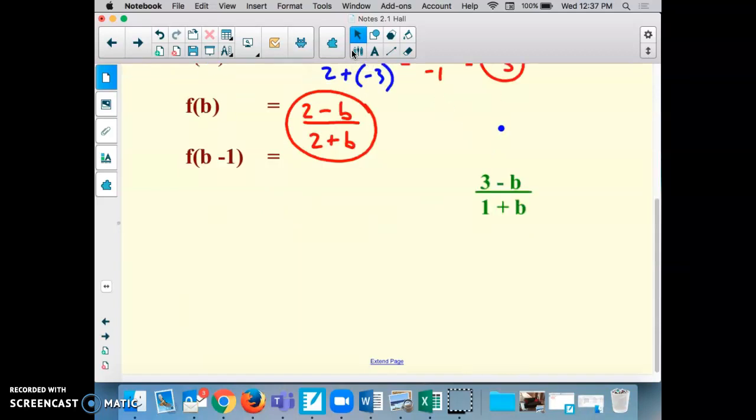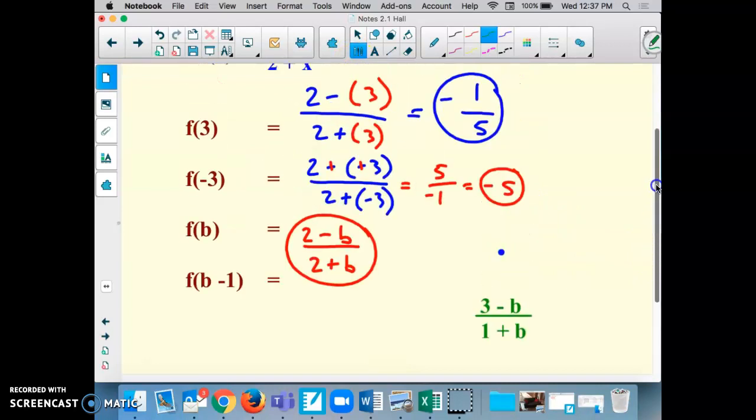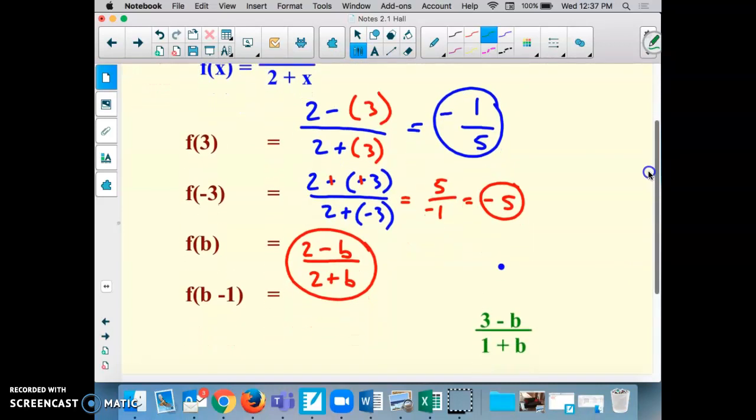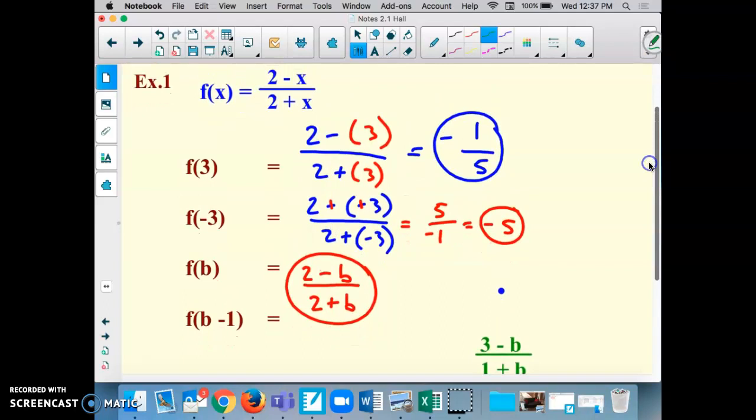And let's see if we get the right answer for that. Okay, so for the last one, we're going to plug in b minus 1. We're going to see if we get 3 minus b over 1 plus b. In the place of x, put in b minus 1. Let's do it. So we have 2 minus,